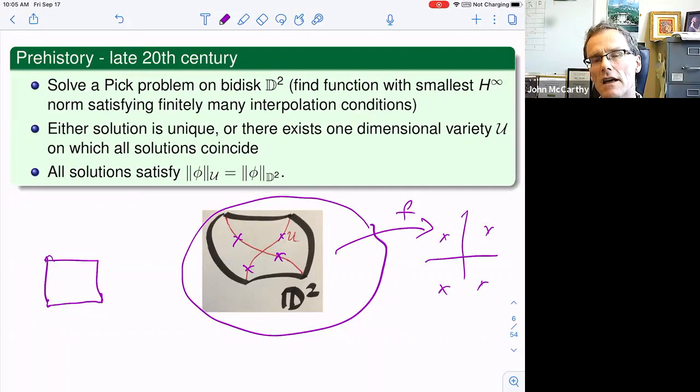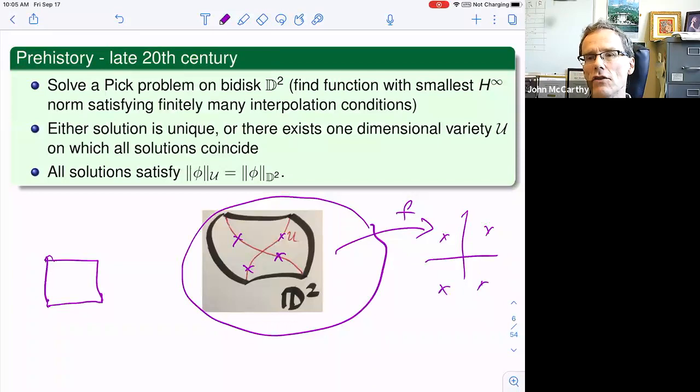So then you ask, what's the smallest possible H infinity norm of a function that solves your interpolation problem? So your interpolation problem here is on a finite set. And so it turns out that there are two qualitatively different situations that can arise. Either your original data has a unique minimal norm solution,